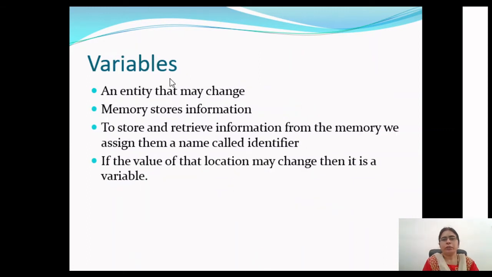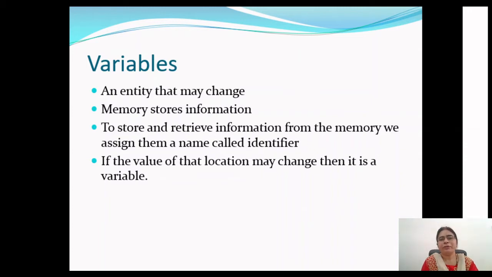Now let us move on to the variables. Whenever we make a program, we need to store certain variables and need to manipulate that variable according to the processing that we are going to define. In the last lecture, we discussed that a program is a set of instructions that takes some input, processes it, and produces some output. So for processing those variables, we need to store them somewhere so that we can work upon them. So in the memory, we create space to store those variables.